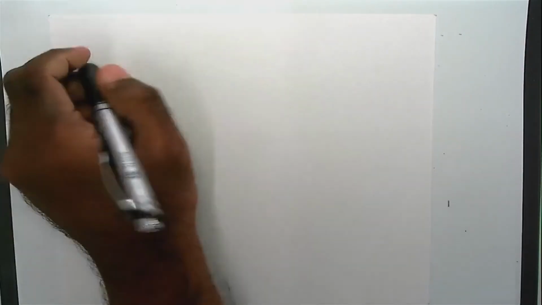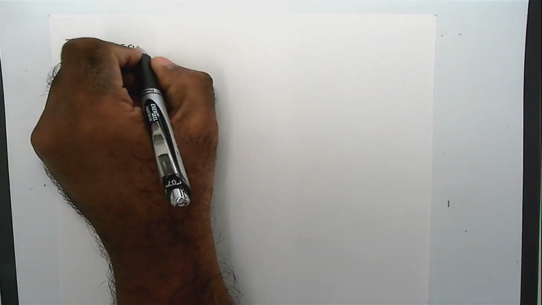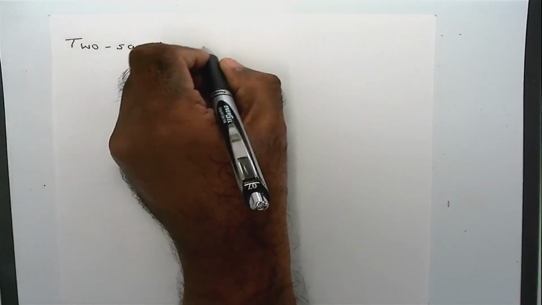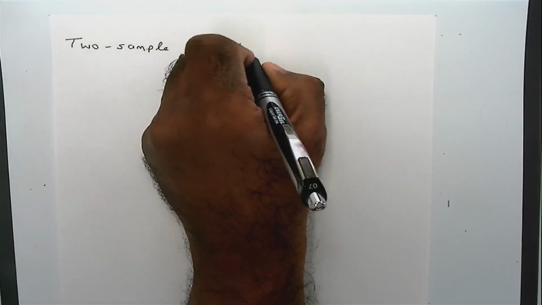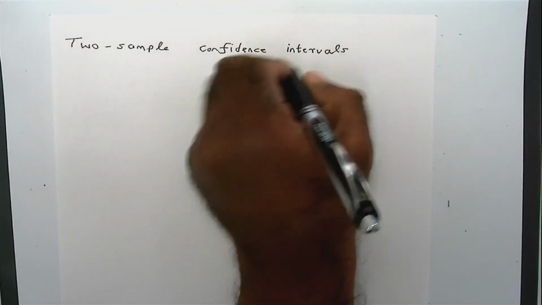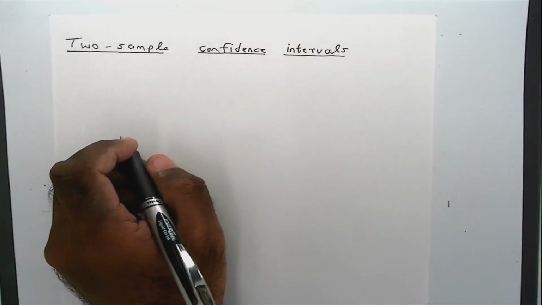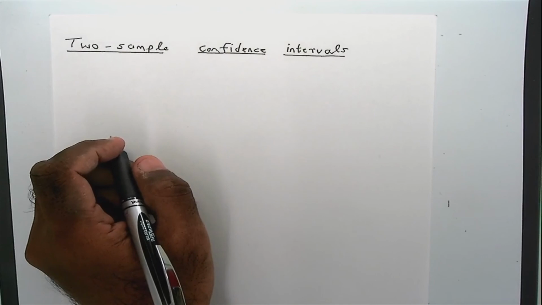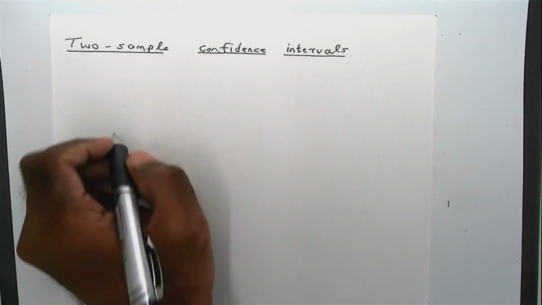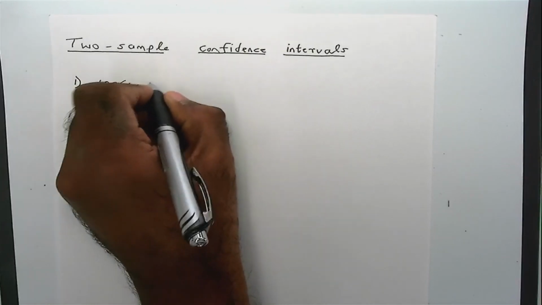In this video I will talk about two sample confidence intervals. That is, you have two samples from two different populations, and you're interested in drawing inferences about certain parameters. I will talk about four different confidence intervals. One of them is the following: 100 times 1 minus alpha percent CI